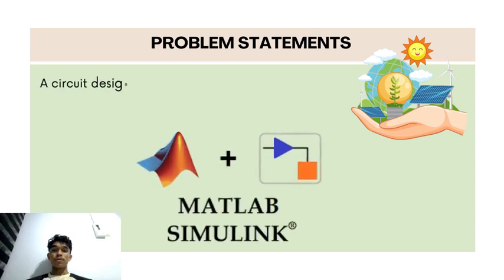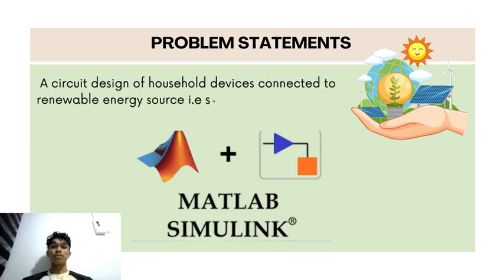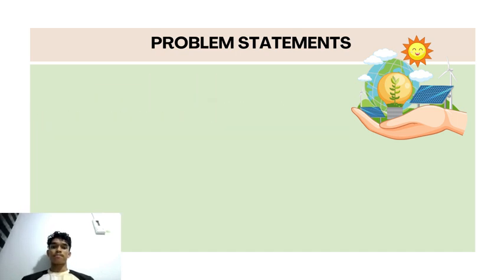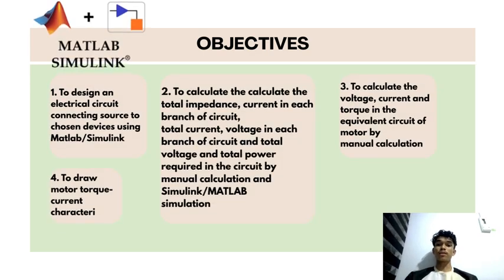So for this project, the problem statement is a circuit design of household devices connected to a renewable energy source, for example solar energy, to be modeled and analyzed using Simulink or MATLAB. The objective for this project is to design an electrical circuit connecting the source to the chosen devices using MATLAB and